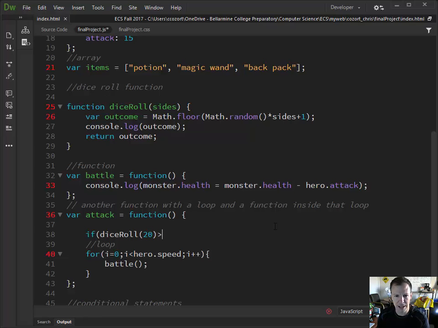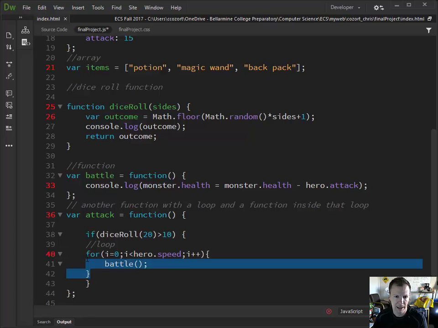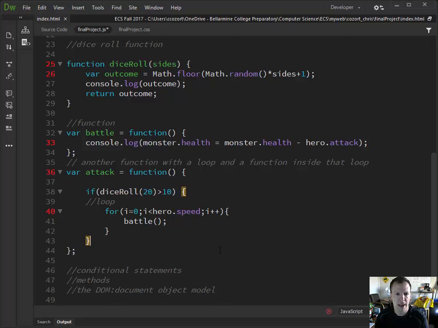So I could say if that is greater than 10, then do something, right? So that's a conditional statement. And what it'll do is, of course, attack. So you have a chance to use your speed here, I guess is one way to look at it. Otherwise,